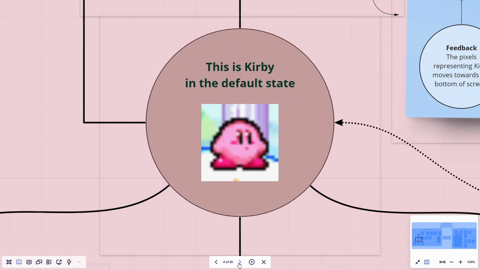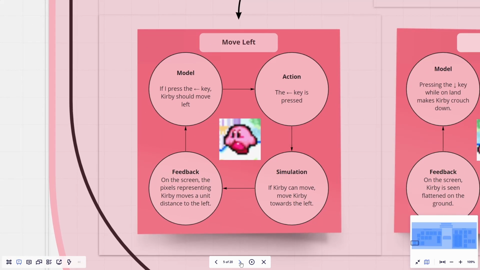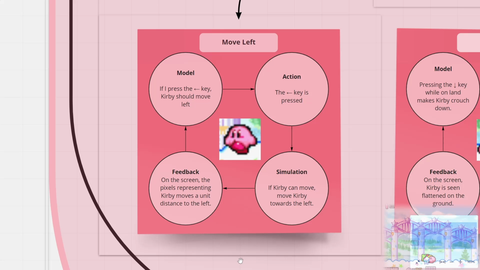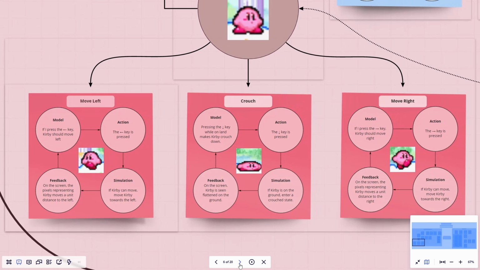First, the player understands basic movement from their atoms. Starting with the mental model, you would expect Kirby to move to the left if the left arrow key is pressed. In-game, if you execute that action and press the left key, the simulation takes the input and moves Kirby's position toward that direction, if possible. The feedback that the player receives is that they see the screen updating Kirby's pixels some units to the left, and this validates the mental model once again, as the loop runs as long as the left key is pressed.